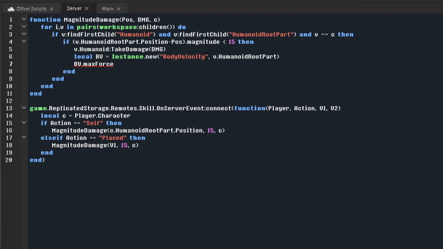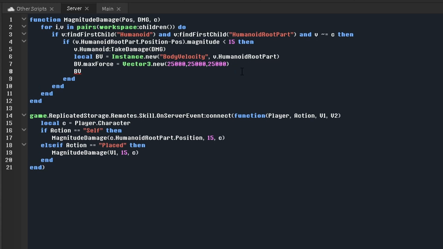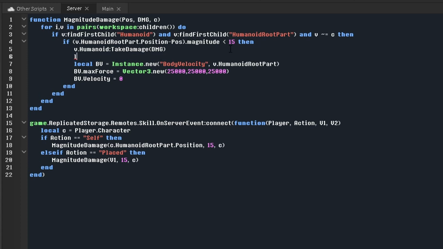bv.MaxForce is equal to, no, do not do math.huge. That is the most buggy thing you could ever do. Just do 25,000. Yeah. And then bv.Velocity. Now here, let's put a 0 for now. We're going to get back to that. This will not work. So, what we're going to do is make a variable called